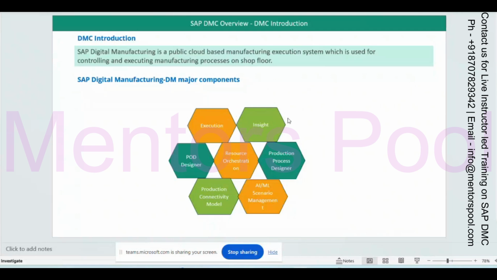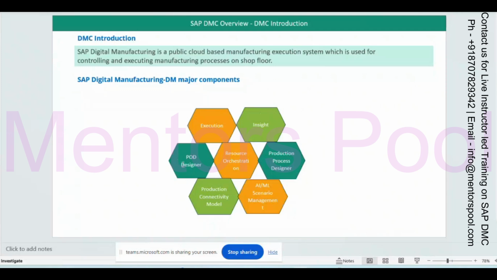All these are there in DMC itself, but it is categorized to show which capabilities are available with DMC. There is also the pod designer, a component where you can design your production operator dashboard. The production operator dashboard is a screen mainly used by your plant floor people, like supervisors or operators working day by day on the floor.